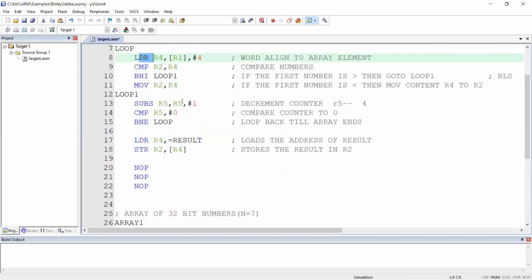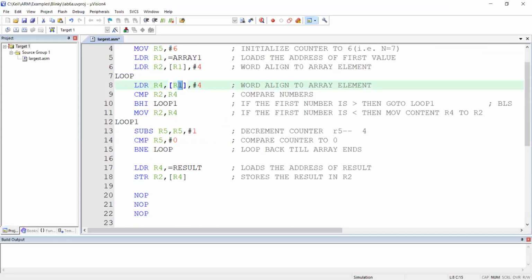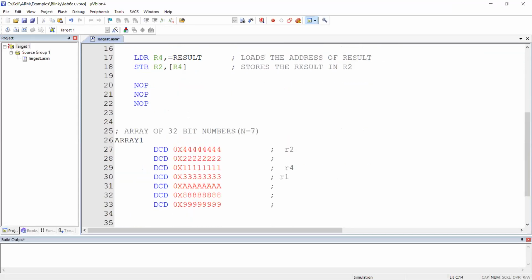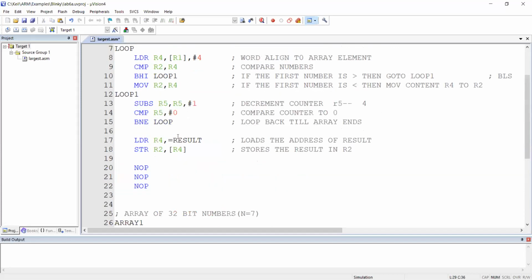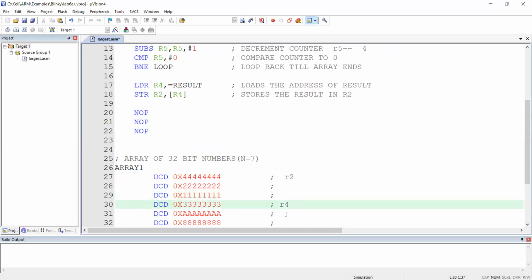Okay. Now where is R1 presently pointing? Present R1 is pointing to 3. First you take that and load it onto R4. So 3 becomes R4, R4 will consist of 3. And now you change the earlier R1 plus 4. So earlier R1 was here, and that now becomes the pointer, R1 plus 4. That result is A. Now what are the two things we are comparing? R2 and R4. R2 consists of 4, R4 consists of 3.